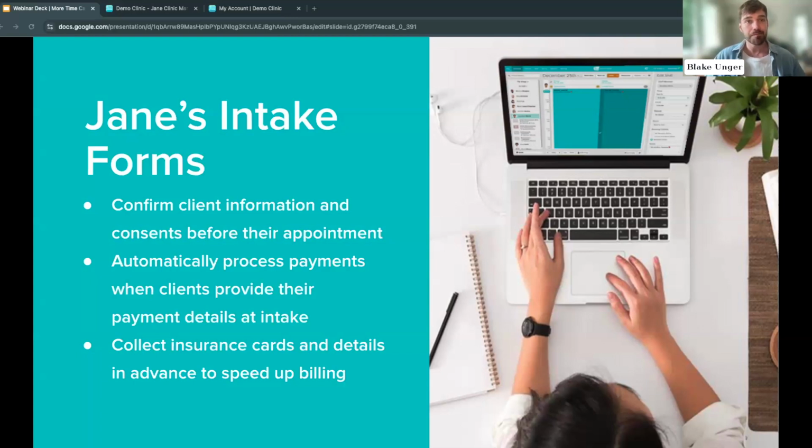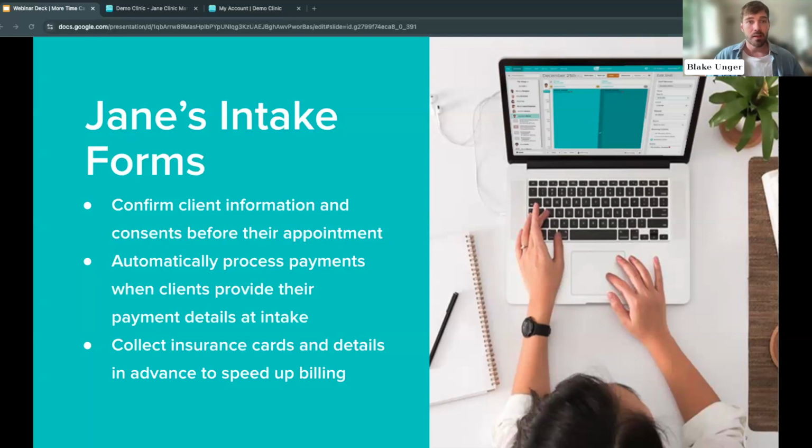unique needs. If a patient or a client forgets to complete their intake form, you also do not have to lift a finger. Jane will automatically send them a reminder until this has been completed. Once they do, this information, whether it's contact or demographic information or other personal medical info, will automatically transfer over to their patient profile, meaning there's no need to spend time copying and pasting this from one place to